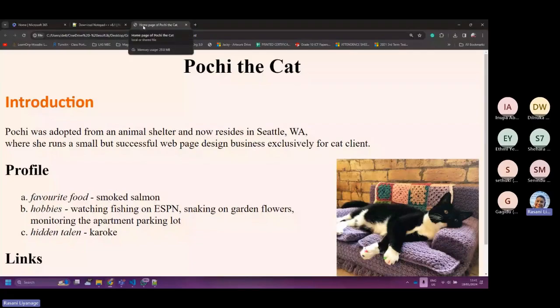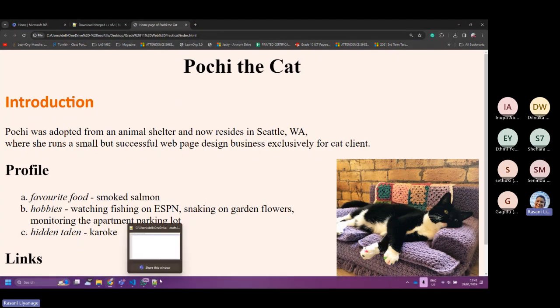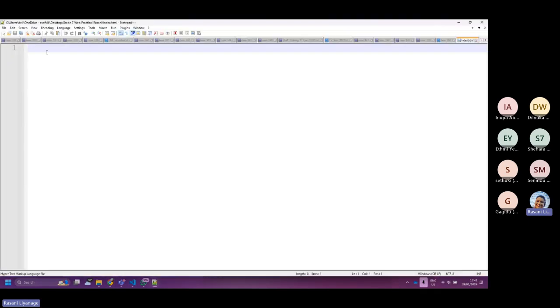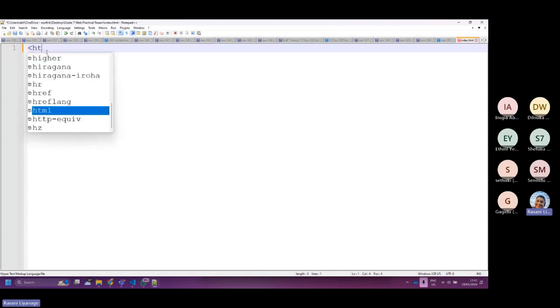When coding, it has to be something like this. This is a web page. So we have to write some codes which explain that this is a web page. This is the code structure, the basic code structure. These are the main code structure of an HTML page.